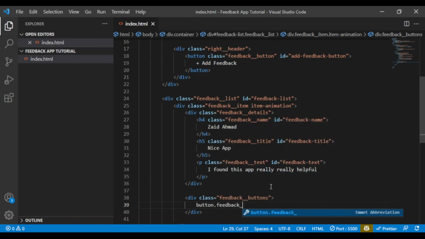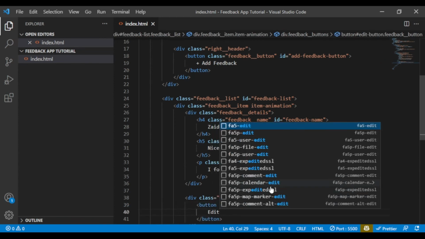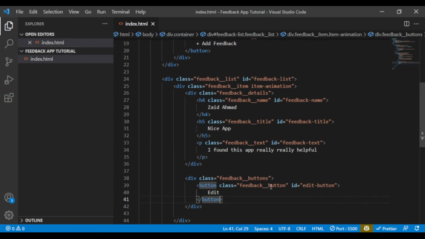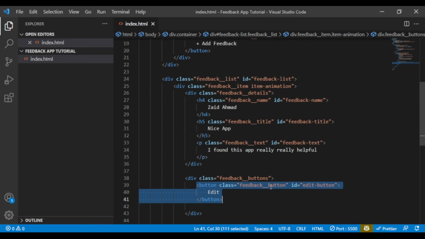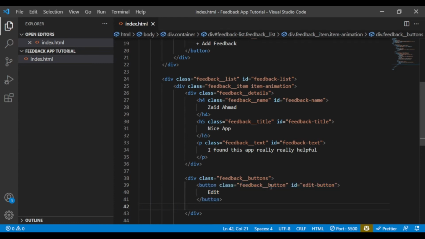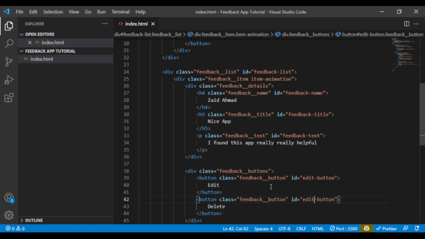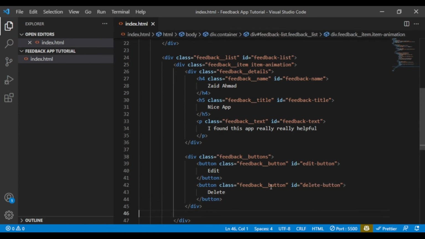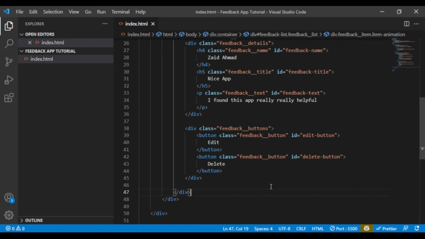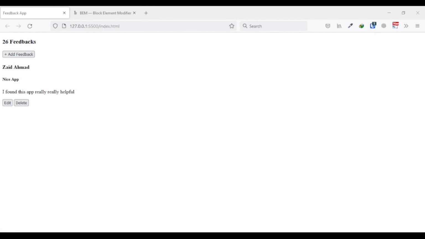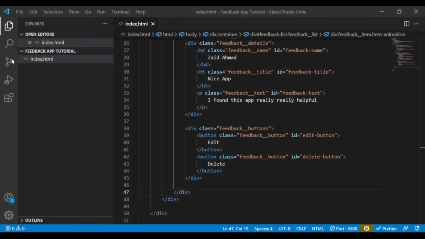So this button will have a class of feedback button, and I'm gonna give it an edit button, and inside that it would go edit, and then another, let me just copy paste this, change it to delete, change it to delete. All right, so we have two buttons, and the final thing is when we click on this, we